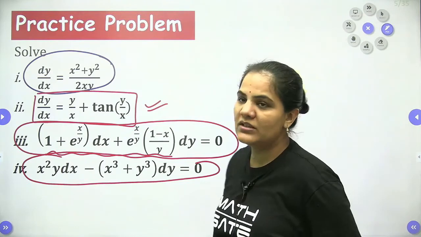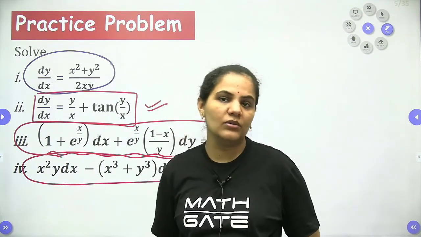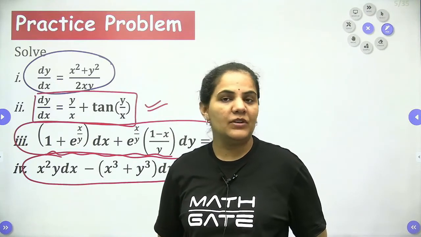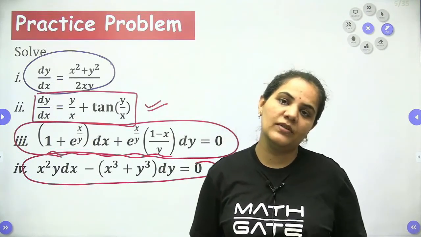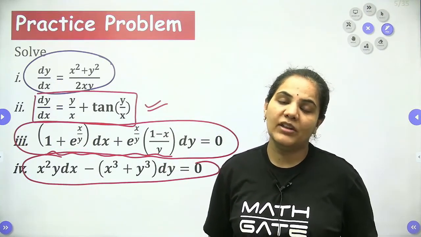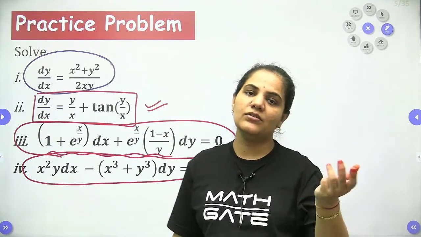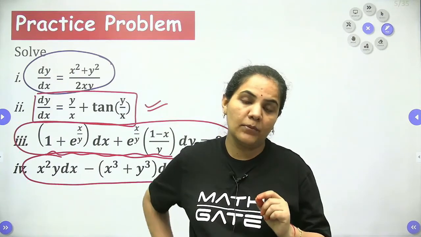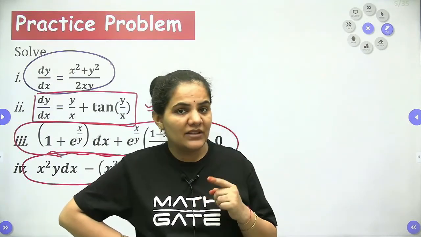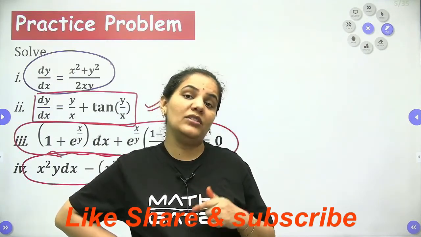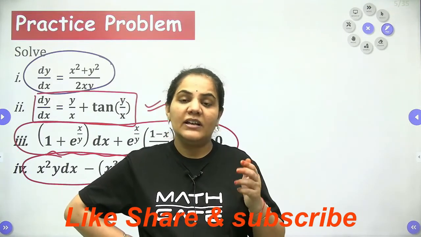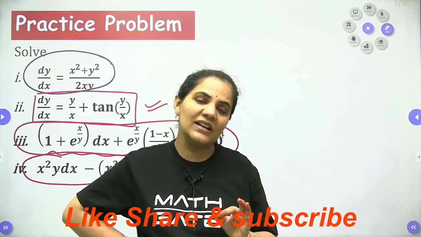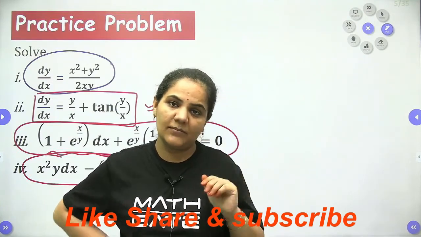You can go with the homogeneous form. As I already told you, there are only 3 approaches for the homogeneous function. The first is to put y = vx or x = vy. Then you have to differentiate, and the third is to apply the variable separation. Just remember one important thing: if you are not clear with the variable separation method, if you are not clear with the integration, then you are not supposed to approach any single question of homogeneous differential equation. Okay.